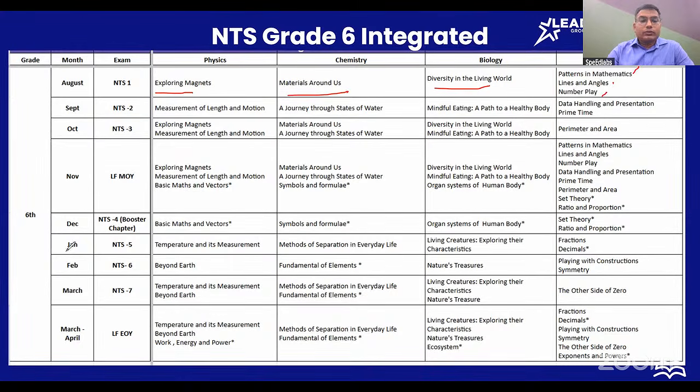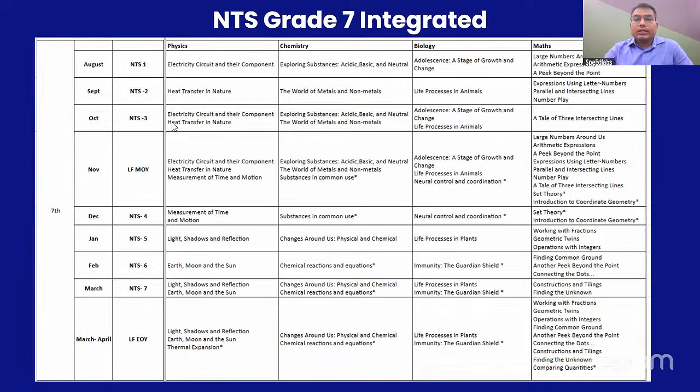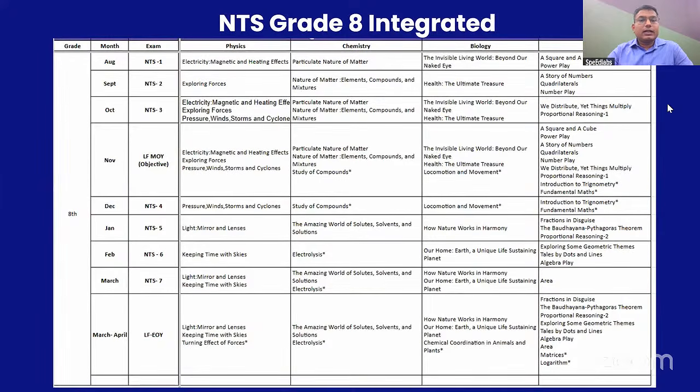And if we go to different classes, practically this will be the trend for each. For 7th grade also, first chapter for physics, chemistry, biology, and 3 chapters again in mathematics. You can take a screenshot of the 7th grade also. Those students who are in the 7th grade can take a screenshot.